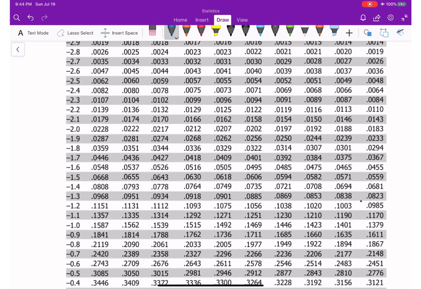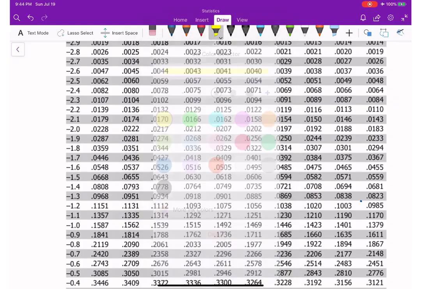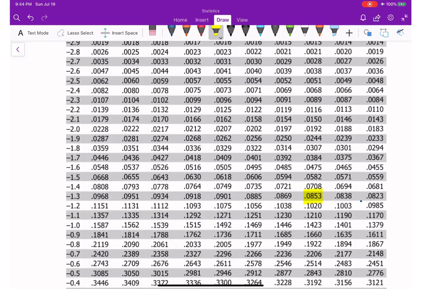Well, here it is, 0.085 approximately. This one. Let me make it smaller so I can shade it. Here it is, 0.085, which means if I come here,